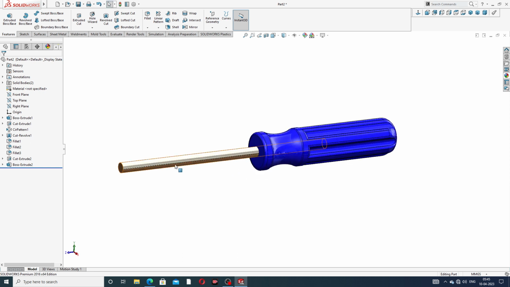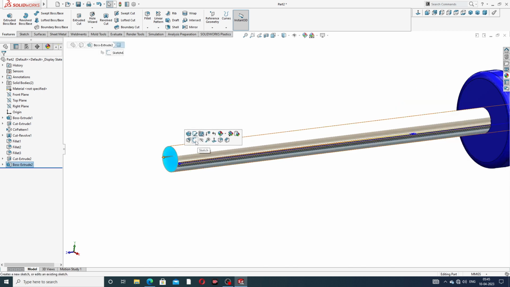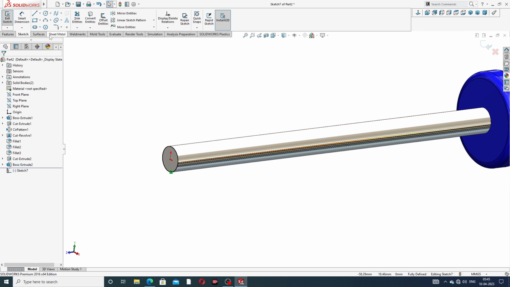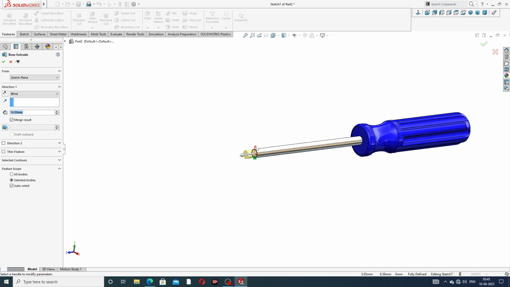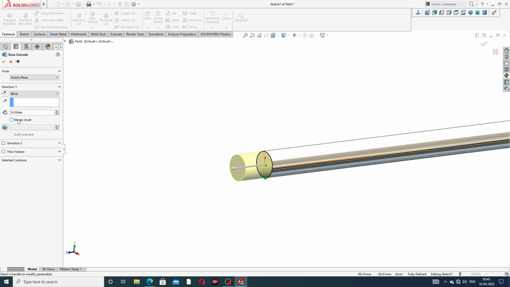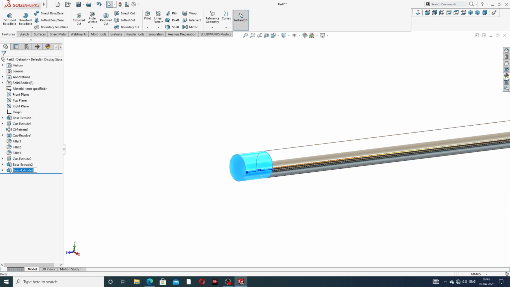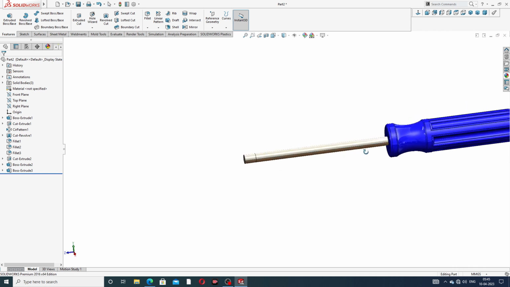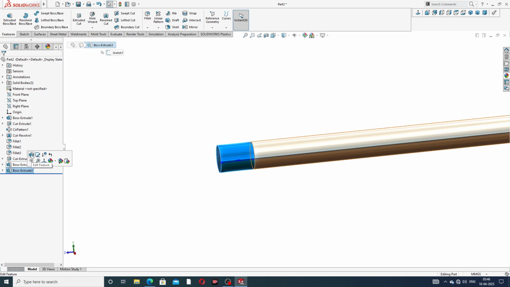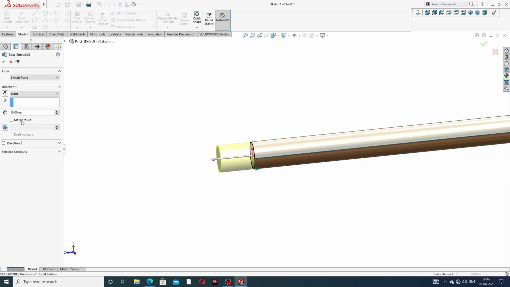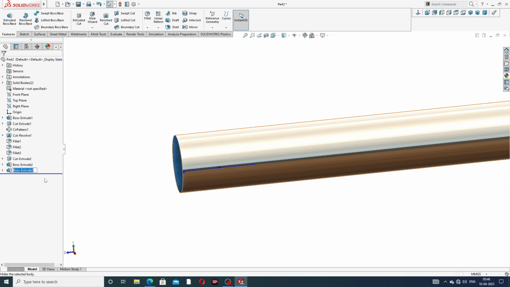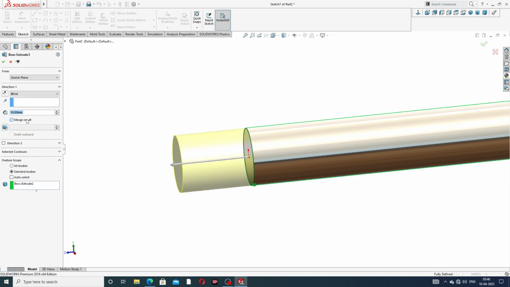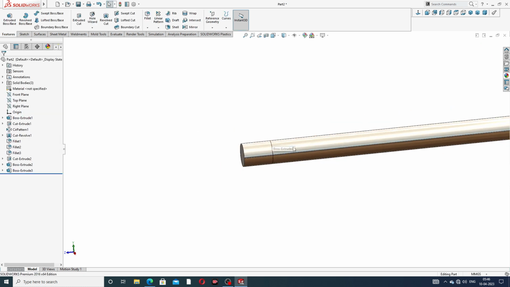and also next is this face sketch, convert entities, and use extrude boss, and extrude boss is 10 millimeter, and also use merge uncheck because these are two bodies, okay, this is perfect, and also use a chrome plate, okay, two bodies is perfect. If I use merge result, then this body is one body, not use this because this body is uncheck merge result, okay, click OK, these two bodies are very nice looking here,